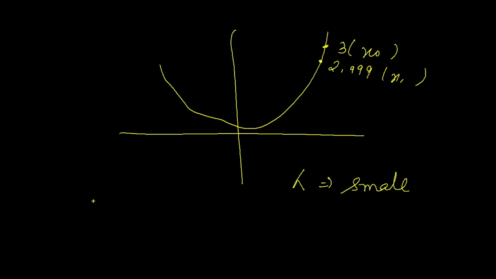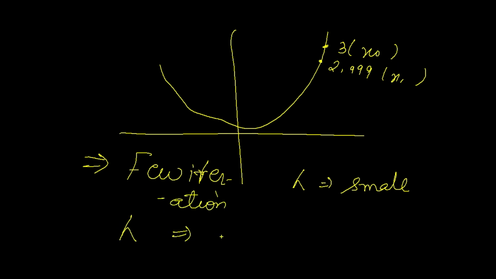So we have seen the effect of lambda on the training process of linear regression. We have seen how a large value of lambda and a small value of lambda will affect the training process. So for quick convergence, or for fewer iterations, we need to set the value of lambda such that it is not very high or not very low. We need to keep lambda away from these extremes.